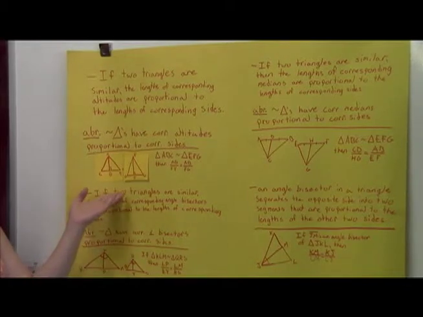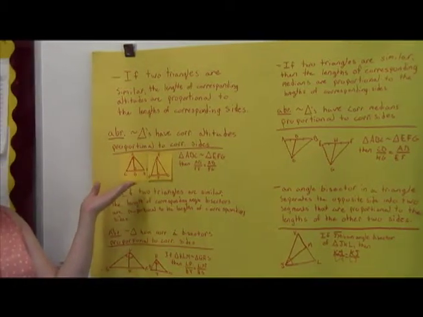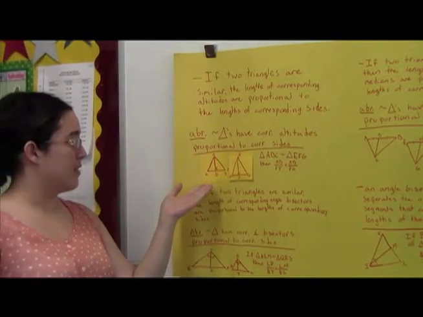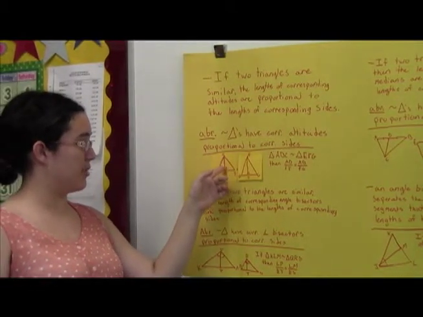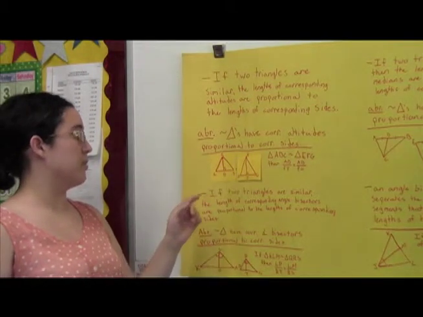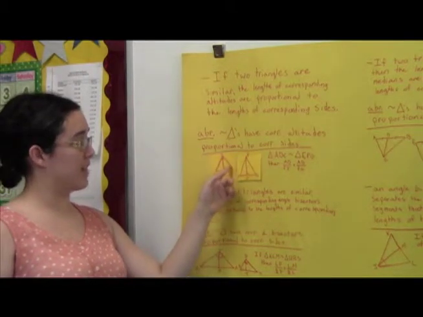This problem down here states that triangle ABC is similar to triangle EFG. This states that then the altitude AD over the altitude FJ is equal to the proportion of the side AB